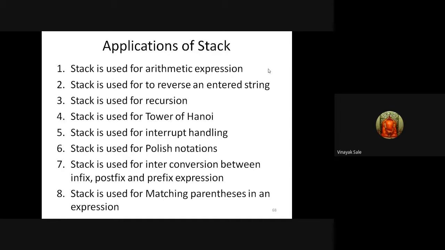A stack is used for arithmetic expressions, for reversing a string, for recursion, for the Tower of Hanoi, for interrupt handling, for Polish notations, for interconversion between infix, postfix, and prefix expressions, and for matching parentheses in an expression. These are the applications of a stack.